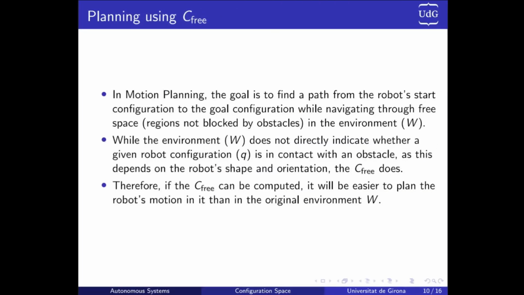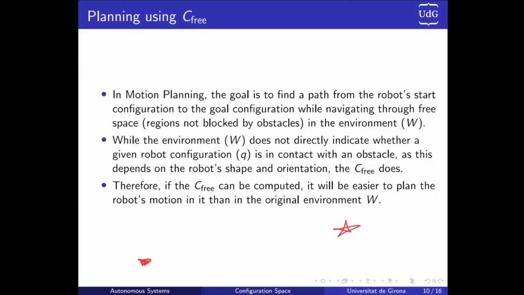But why do we need that? Why do we need to know whether the space is valid or not? Because the goal of all these lessons is always the same. The goal in motion planning for us is that we have a robot in an initial position, and we want to